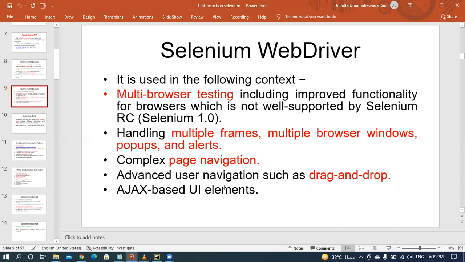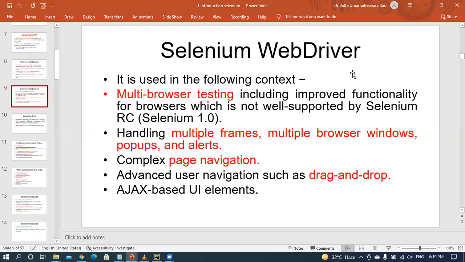It is also used for navigating complex pages. That's the main reason you will use this particular WebDriver. It supports advanced navigation such as drag and drop. For example, there are drag and drop boxes, like selecting from n number of cities, most probably selecting the country India.